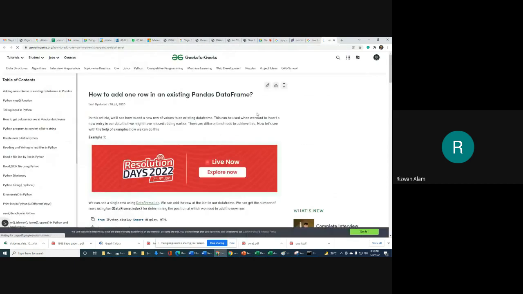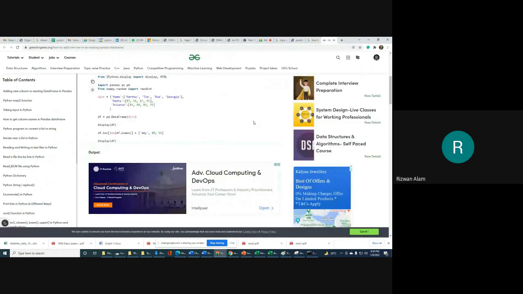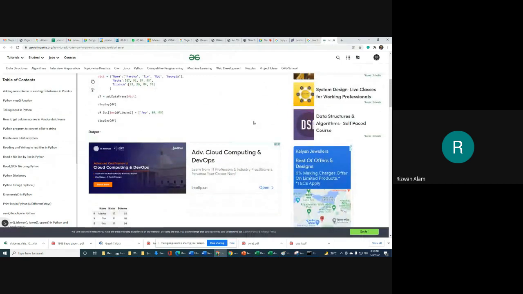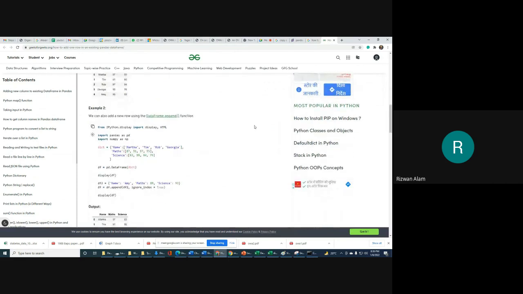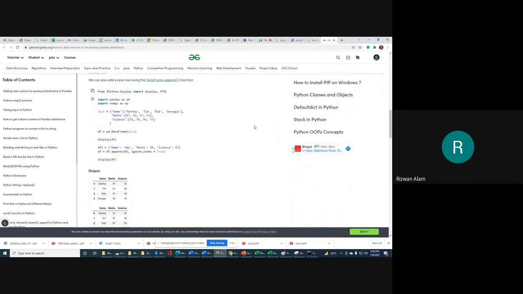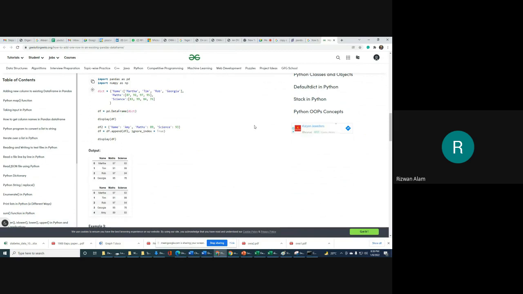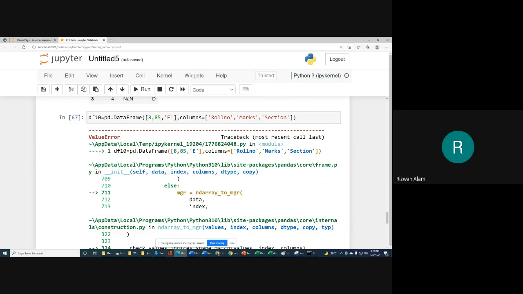Let me check. Data frame dot append. Okay, so we can use a dictionary for that. Let me try that one. Can use a dictionary directly.